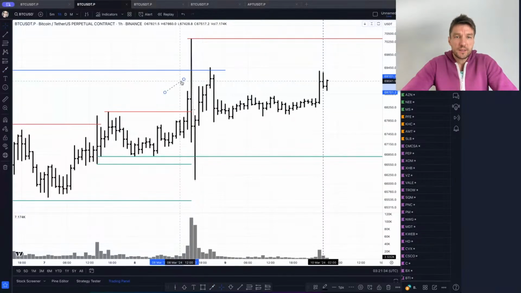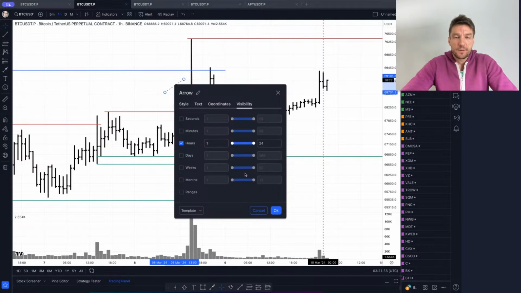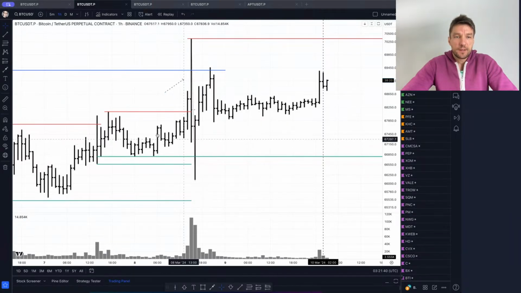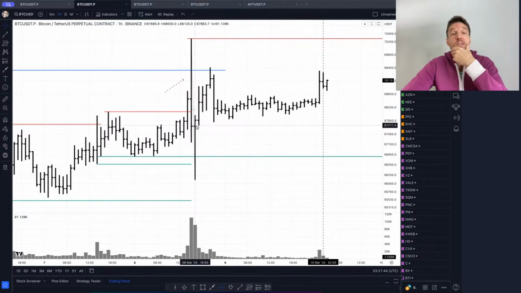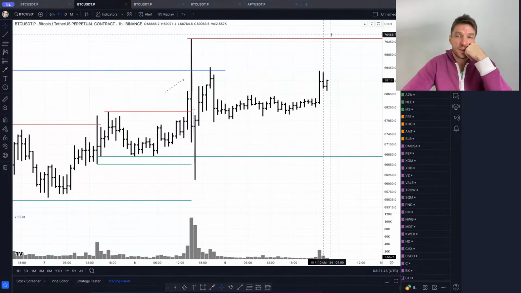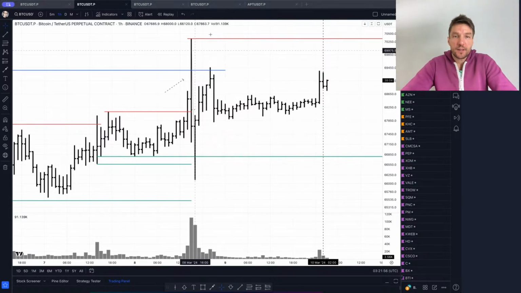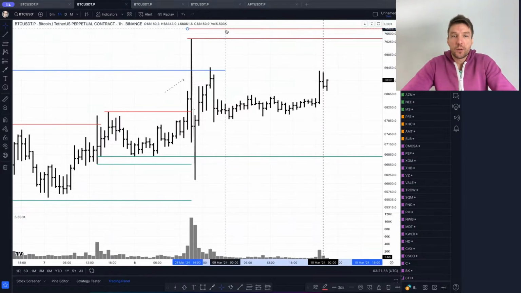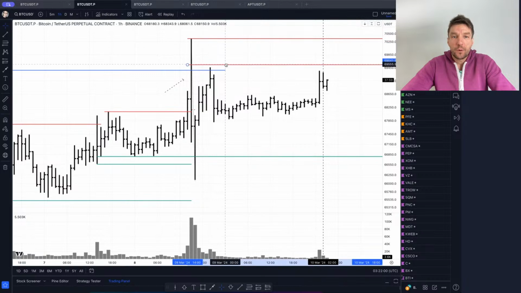Technically it's like 1-2-1-2. Technically it is a balance, like this expanding balance, but I wouldn't trade it from this level unless it does a manipulation signal close. And since now it's officially in this